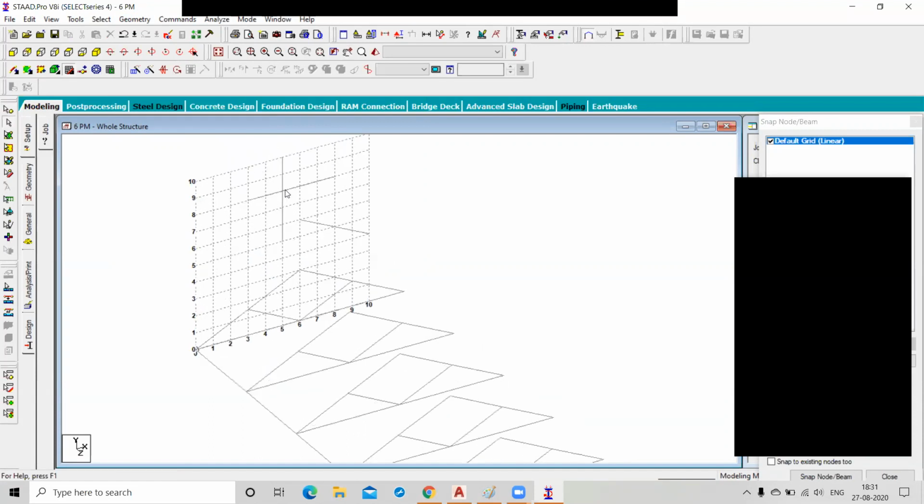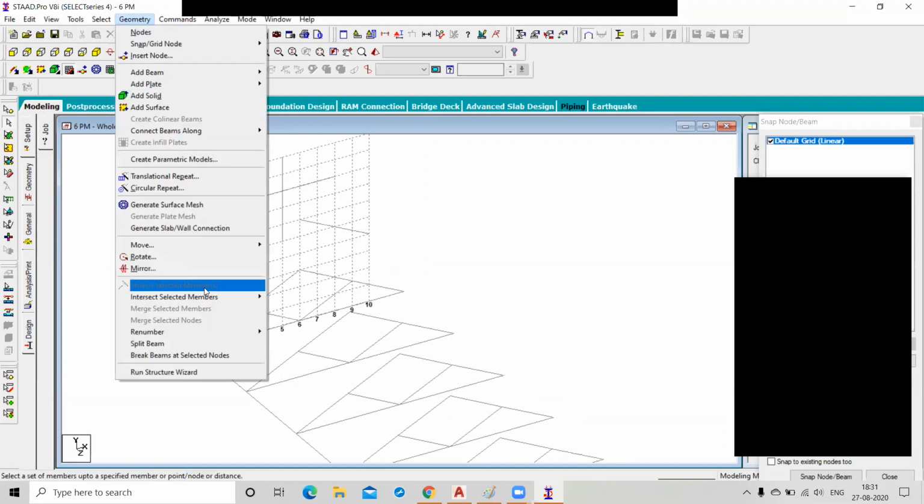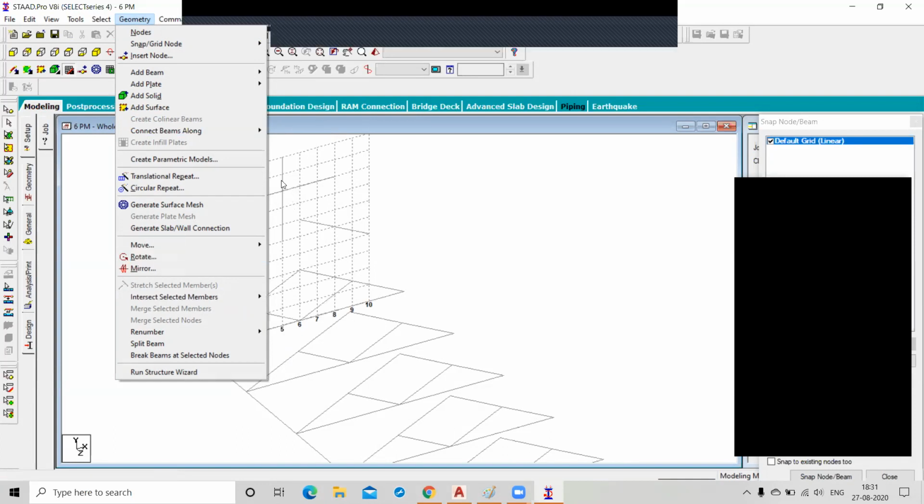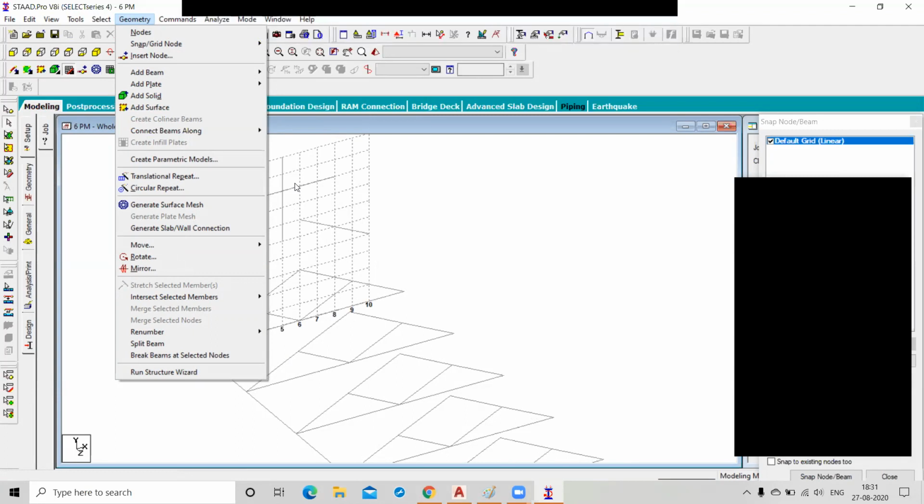Now we have here these 2 intersecting beam members. The next command is intersect the selected members. If we have some intersecting members in our drawing, now we clearly know here we have the 2 members, right? But I want to know about all the members intersecting in my drawing.